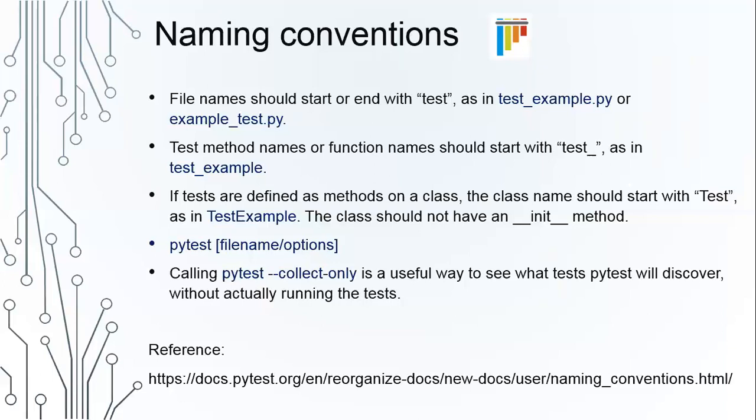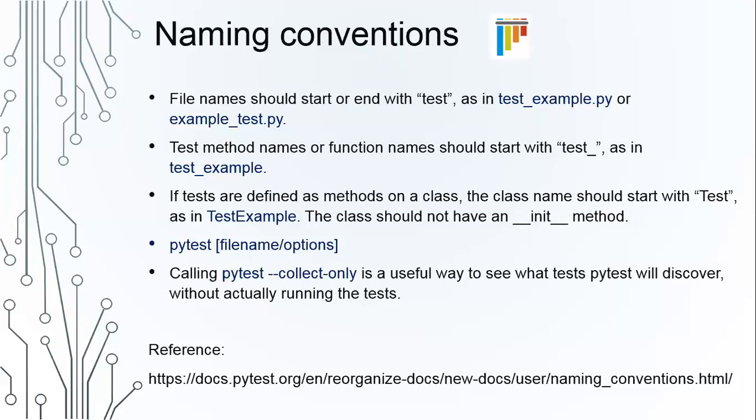Then, test methods. Inside the module, you may have different methods. However, in order to make a method a test case, it should start with test, for example test_example. Then, in some places, we will have classes as well. In that case, the class name should start with Test, for example TestExample. In general, we create the init method in classes to initialize the variables, right? But if your class has test cases, you should not have the init method inside.